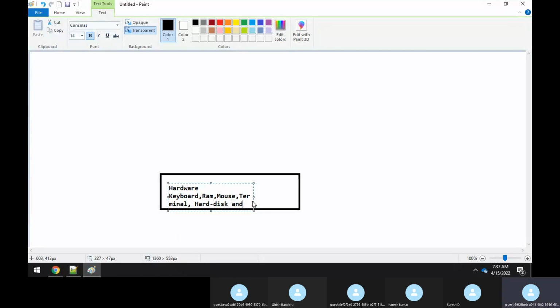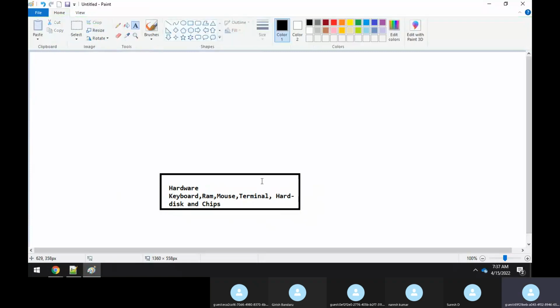And if you open the computer and see the motherboard, many electronic chips are there inside. These all act like hardware itself. These are all hardware only, correct? Now, these are the hardware.